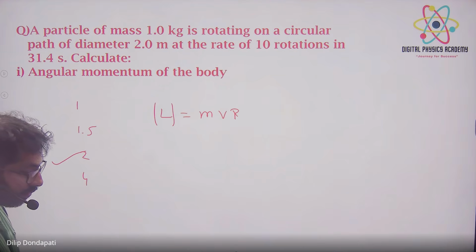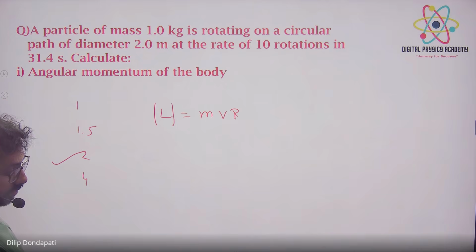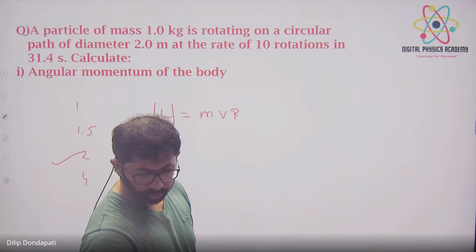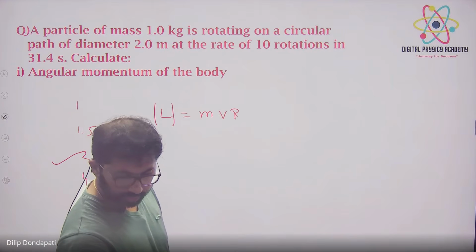So how can you tell me v? By doing 10 by 31.4 into 2 pi. Yes, correct. Yeah. आया? 1 second. You get 20 into 3.14 by 31.4. That's 2. Yes, and 2 is then the answer. 2 into 1 into 1. Yeah, 2. Yes. So